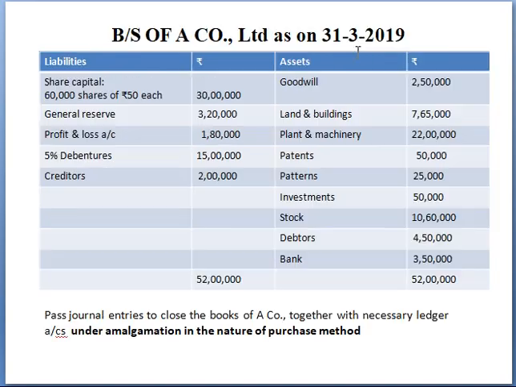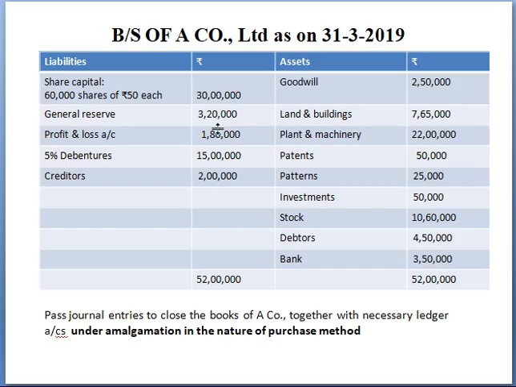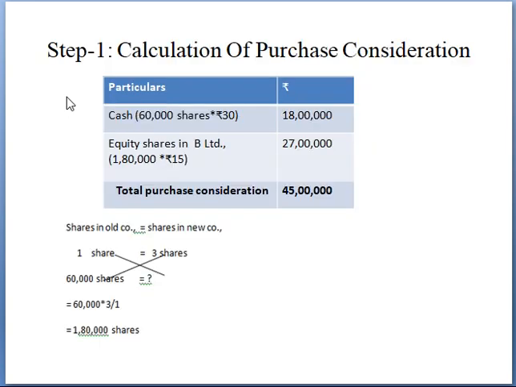So how is this amount paid? So amount is paid in 2 ways. One is cash and the other is equity shares. And how is the cash paid? So cash is paid at rupees 30 per share. For one share, 30 rupees will be paid. Totally how many shares are there? See your liability side. Totally 60,000 shares are there. And now calculate the cash amount. So for one share, 30 rupees, so what is it for 60,000 shares? So 60,000 shares into 30 rupees, you will get 18 lakhs.